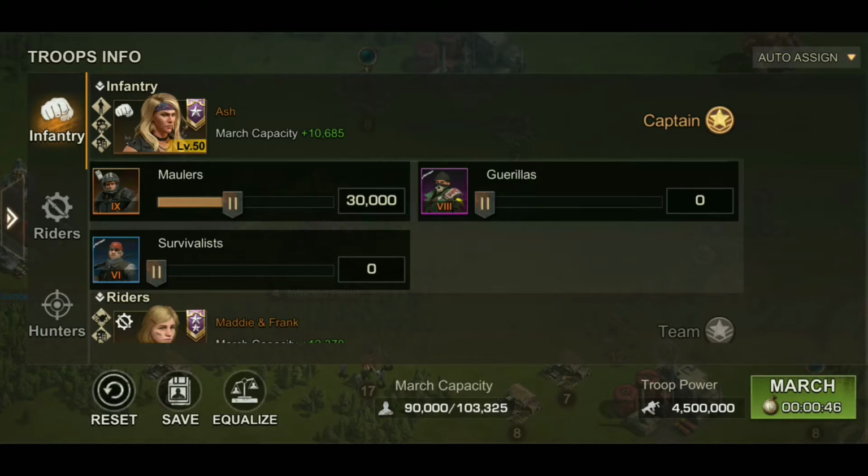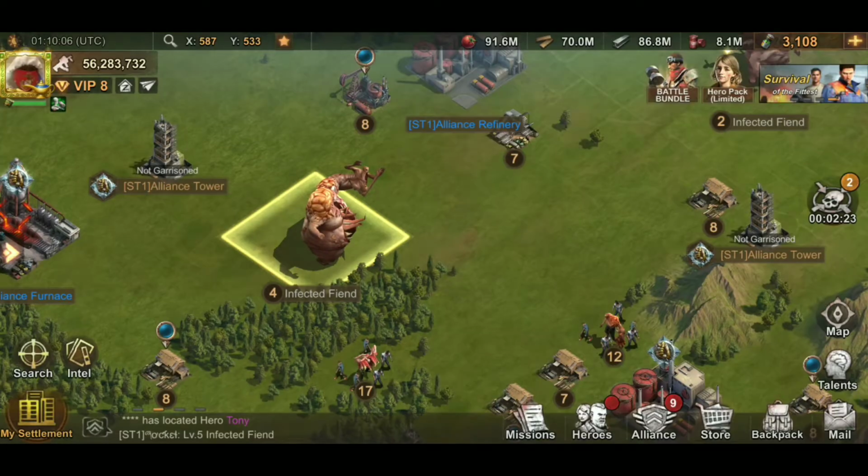I am currently running a test to see the differences between heroes when matched with the exact same amount of troops. Now, I'm going to be running heroes against the infected fiends. I'm going to run infected heroes versus the infected fiends first. Then I'm going to run my rally heroes, my legendary heroes, against the same infected fiends with the same amount of troops, and see which one does better. Alright, the first thing I want to do is go into my formations and set them up